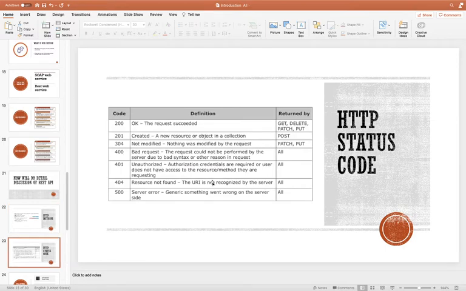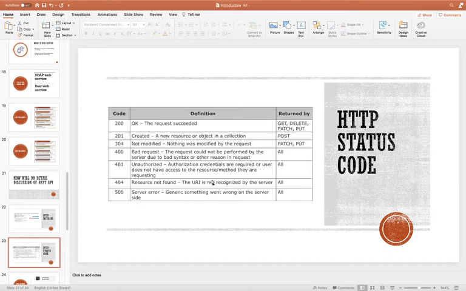Next, we will see some HTTP status codes. Okay, so here you can see whenever you call any API, in a response you will get two major components. One will be the HTTP status code, another one will be the response. So the response you will get based on your request, and apart from that you will get a status code also. For example, you will get 200 if your API successfully completed whatever activity that API is meant to do. For example, if you want to retrieve information and the API is able to send a successful response, then it will give 200.